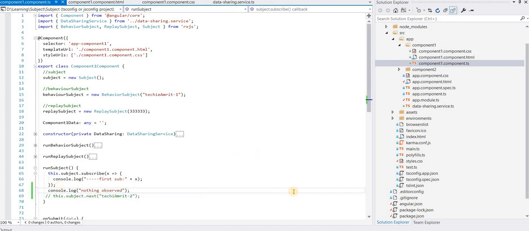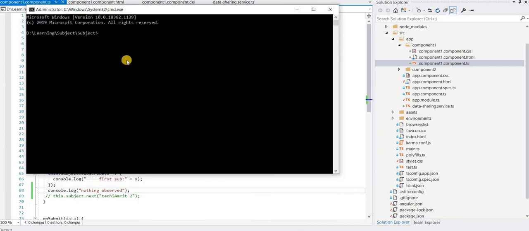Now I open a command prompt where I hit the command ng serve minus minus o. It builds our application and opens the default browser that we have already set, and if everything goes okay, it displays the output in the console, as we have used console.log. We are not using the UI for now.